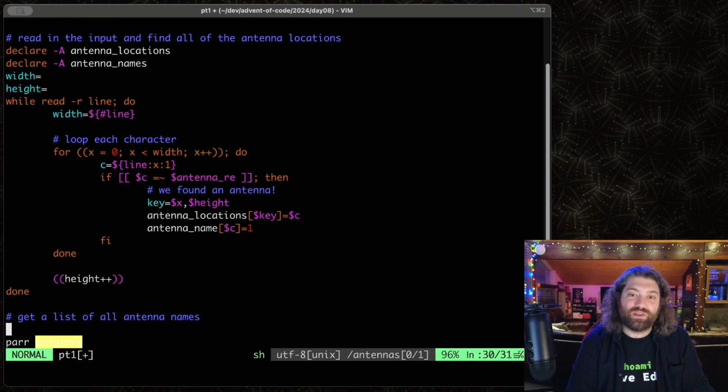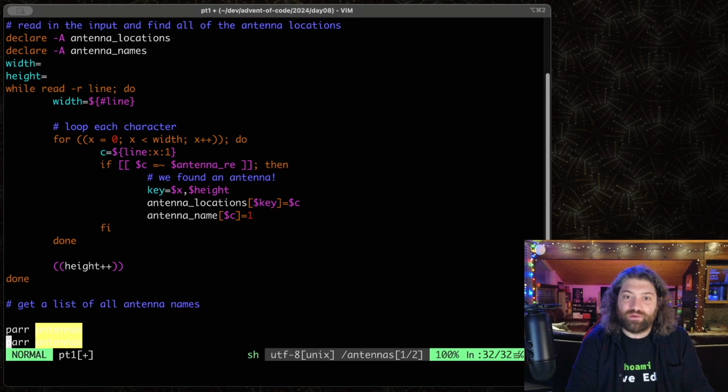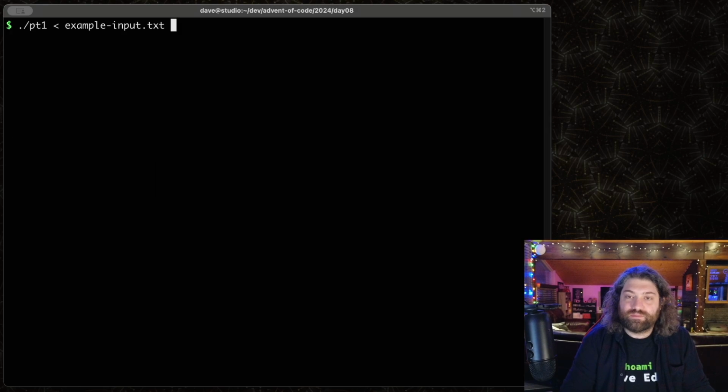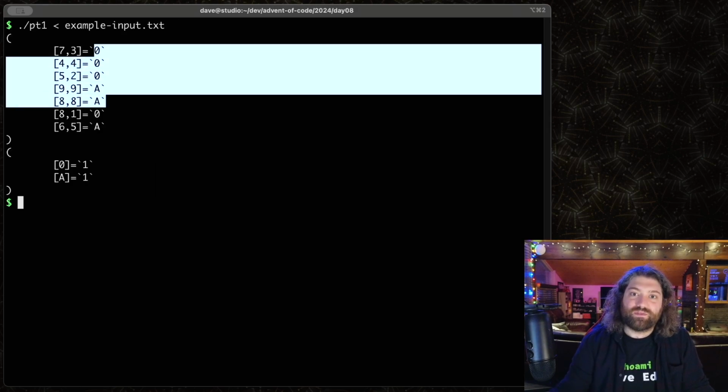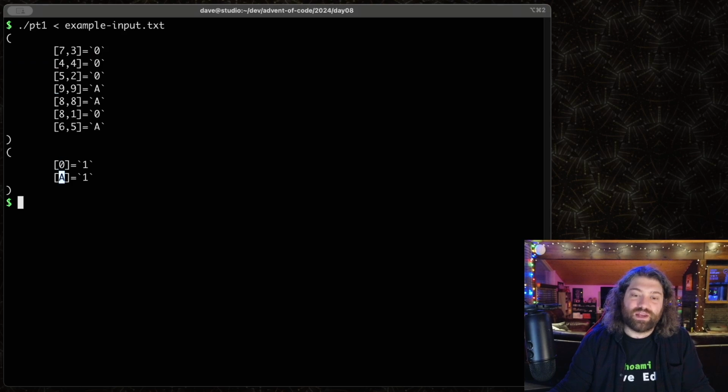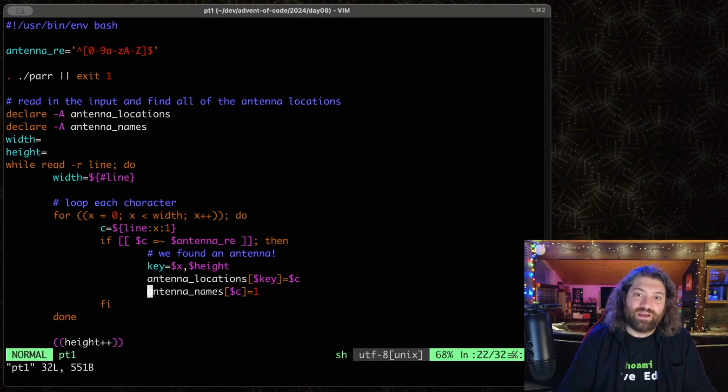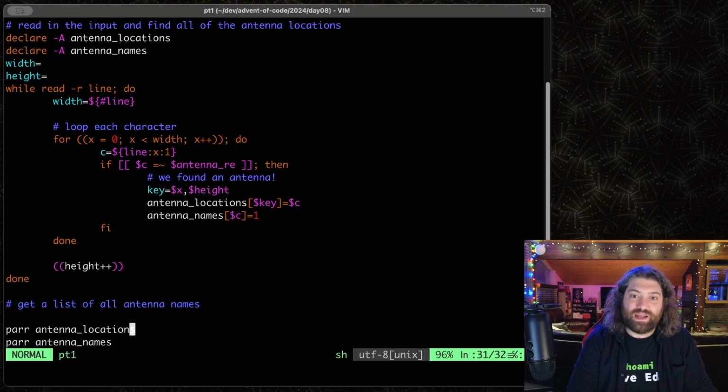So now we can loop over these keys and we have a list of all of the possible antennas we've seen. So I'll show you what that looks like if I print array on both of them. So we have antennas here. Let's do antenna locations. This is what we had before. And antenna names. Yeah, it should have an S. So there you go. You can see that we have all the locations, and then right here, the name 0 and the name A. If we loop over the keys, we get the names of them, and that's what we need. So to calculate antinodes,